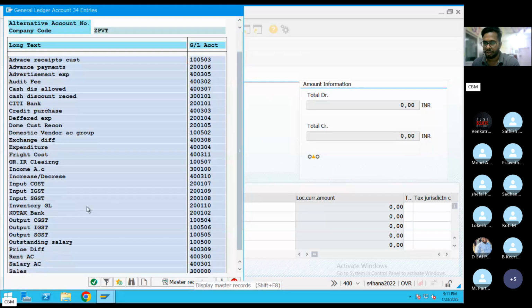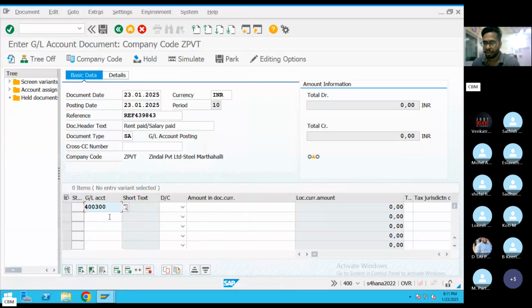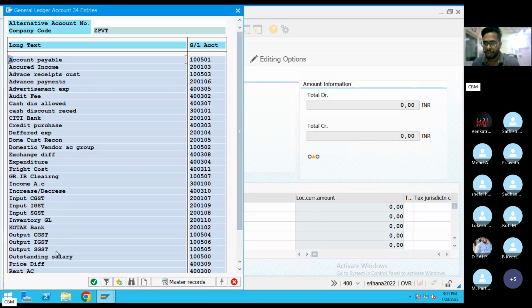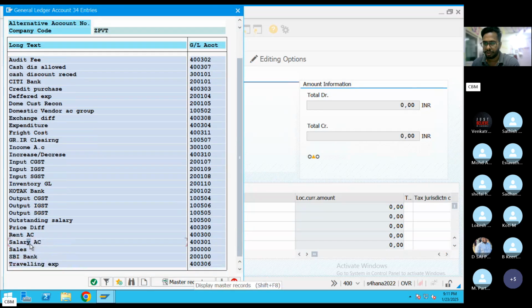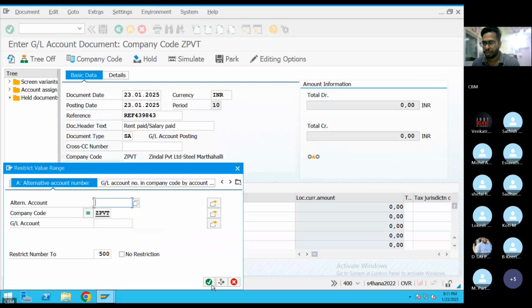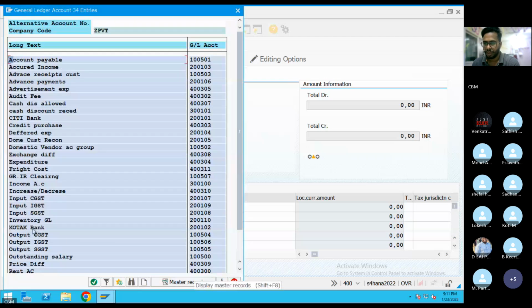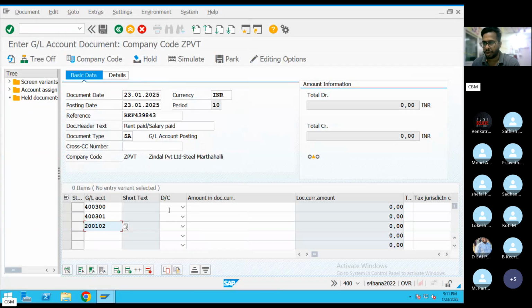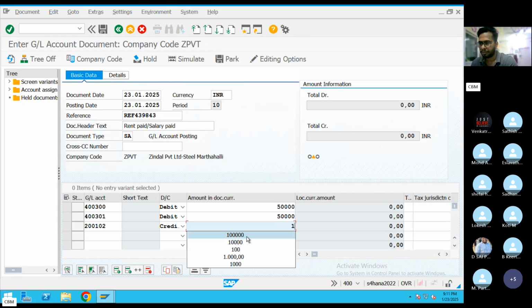So rent account debit, salary account debit, and the bank account credit. You want to pay from Kotak Bank, so take Kotak Bank and credit it. So 50,000 you are posting. Give the 50,000, and this is 1 lakh.